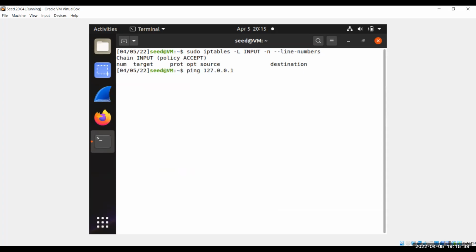Now I'm going to add the rule: sudo iptables -I INPUT, and then here we're going to say -p icmp, that's the protocol, and then